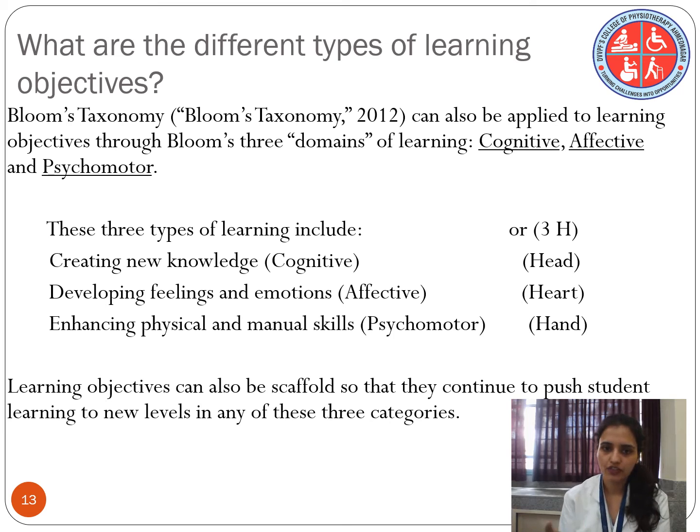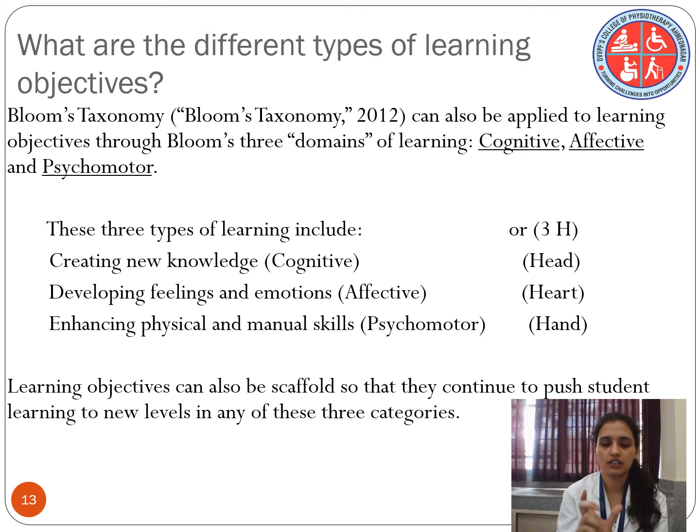So these three types of learning include the cognitive, meaning creating new knowledge from the mind. So there are three H according to three domains for our knowledge. Then second is the affective domain, in which we develop the feeling or emotions for that knowledge, like from the heart. If we have learned about something, then from the heart, from ourselves, how we can implement that knowledge. So thinking of that is affective, from the heart or from the inside.